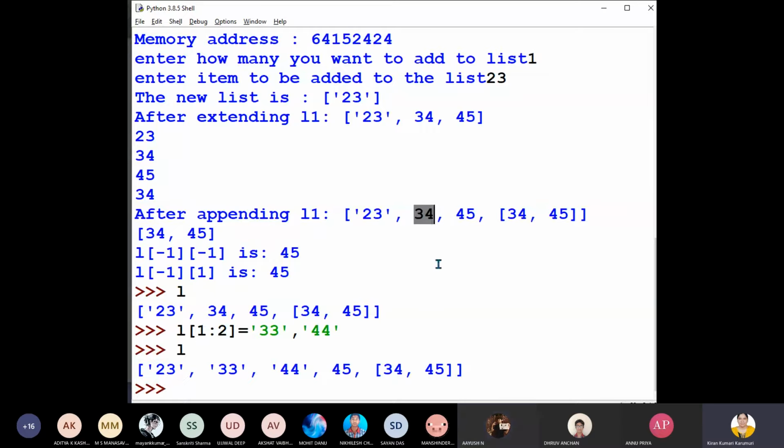So in place of 34, 33 got inserted, replaced, ठीक है? So this is updating, right? So then 33 and 44, 2 items in place of this 34. Those 2 items are added or replaced in place of 34. Clear, children? So now what is the value at index 3?